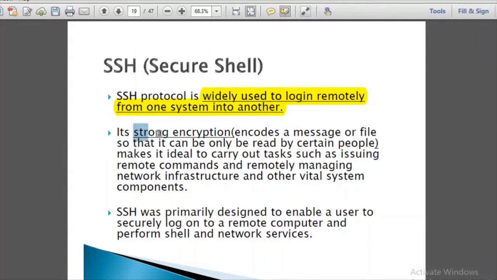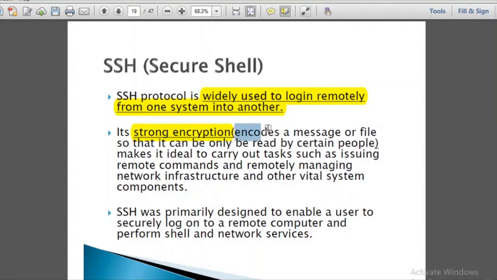It has strong encryption. Encryption means encoding a message or file so that it can only be read by certain people. It provides encryption to the files which are transferred from one place to another, because in the network you know very well that hackers are there or someone can steal that information. So encryption is provided.